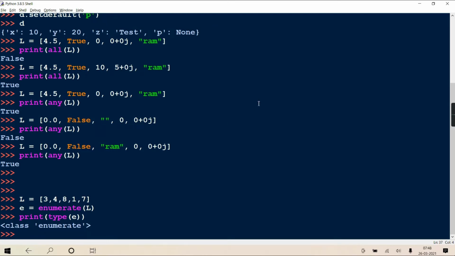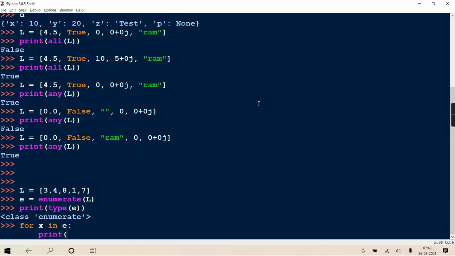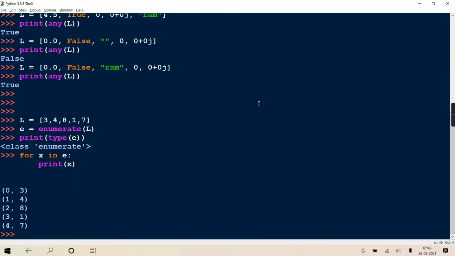In that enumerate object, you will have tuples like this: 0, 3, then 1, 4, then 2, 8, this way, the index and the value. So if you traverse this with for x in E and you print x, you will see that each tuple will be there, and in the tuple the index and the value will be there.